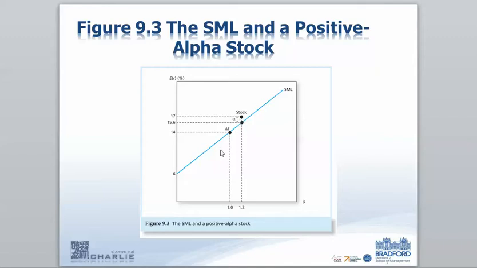So this is from the security market line point of view, and as I said, you just think about it from a buyer's point of view, and this alpha is for the future. Then you can think you want to buy something that is going to give you extra, so a higher alpha.